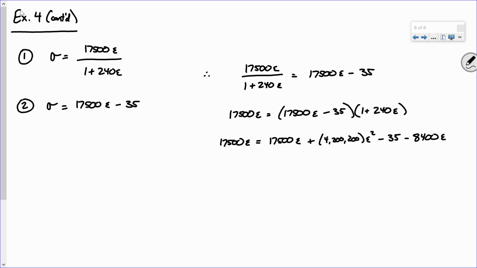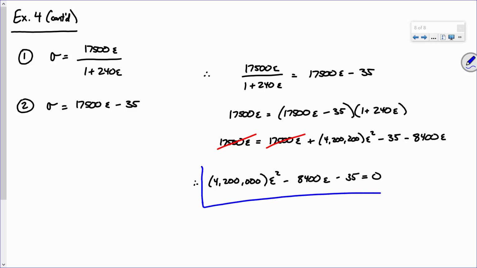All right. So now, to keep this simple, I can cancel that and cancel that, right? Just subtract it from both sides, and I would get 4,200,000 epsilon squared minus 8,400 epsilon minus 35 equals 0. Now,